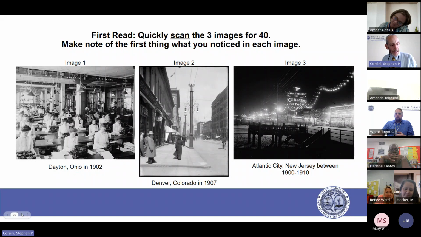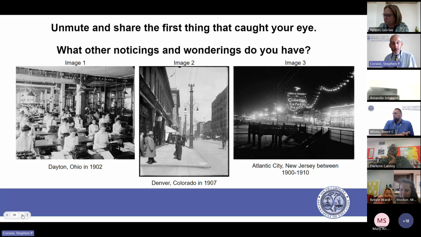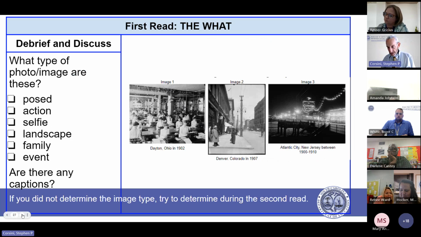So we're going to go back. It is so important. This is from my experience working with elementary kids, and as some of you may have experienced, when you may have some students in your class and you're giving them the first taste of social studies, a true social studies lesson they maybe have ever had. They may not have had great social studies before. We don't know that. So it's so important to debrief when working with images. So we're getting ready to go into our second read. But this is just an example of what I could do. Let's make sure we're all on the same page, boys and girls.